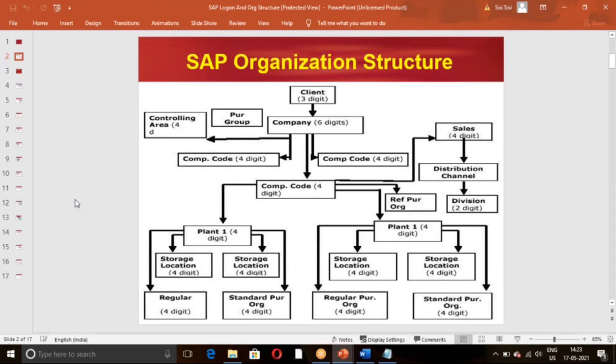Without designing this organization structure, we cannot run the show in SAP. The same diagram we can see even in our SAP system also, provided we define and create all these organization elements.